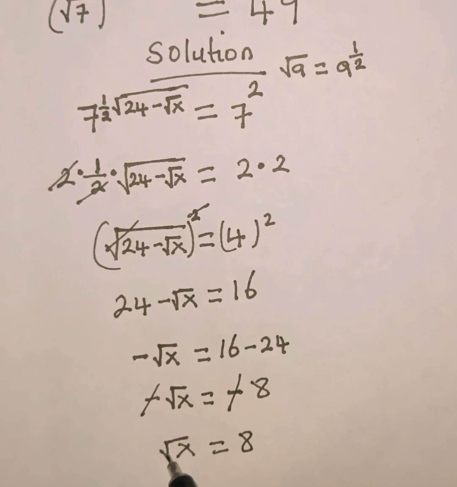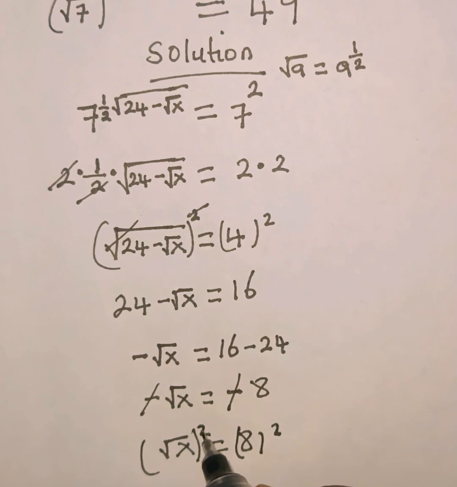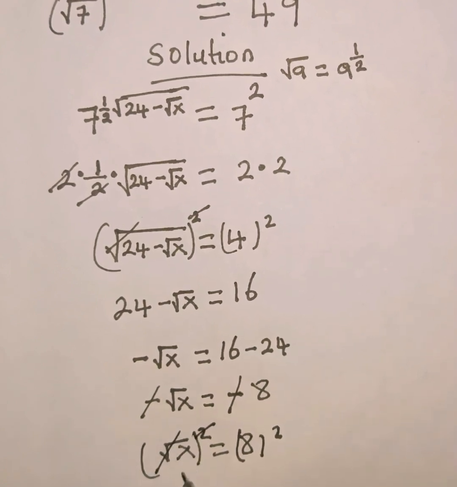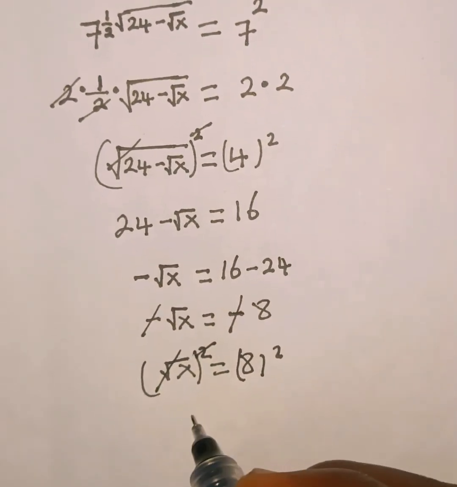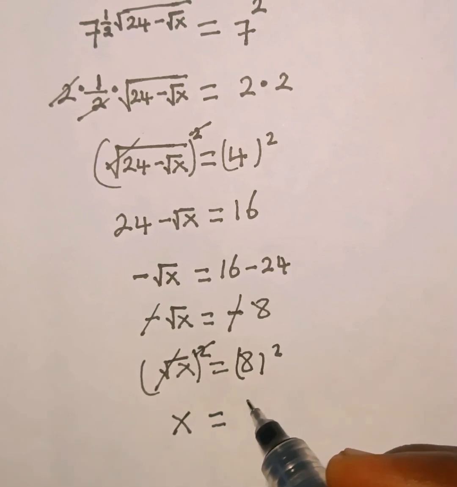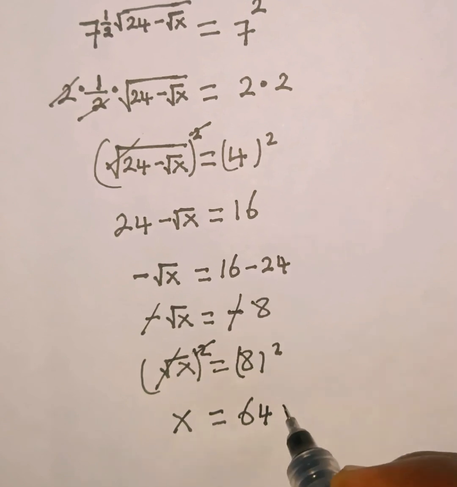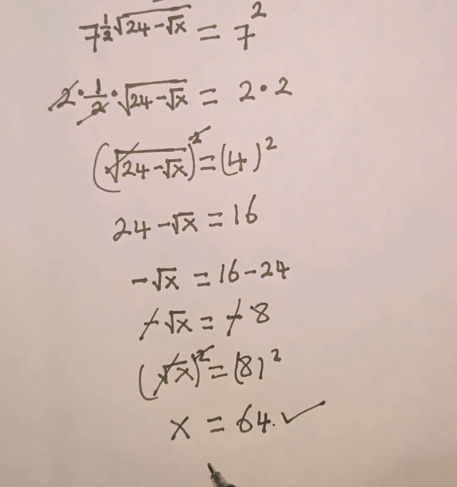To eliminate this square root, we are going to square both sides of the equation again. So we square the left hand side and also we square the right hand side, so that this square is going to cancel the square root. So we are left with x on the left hand side, which is equal to 8 squared, simply 8 multiplied by 8, which is going to give us 64. So therefore, 64 is the value of x that